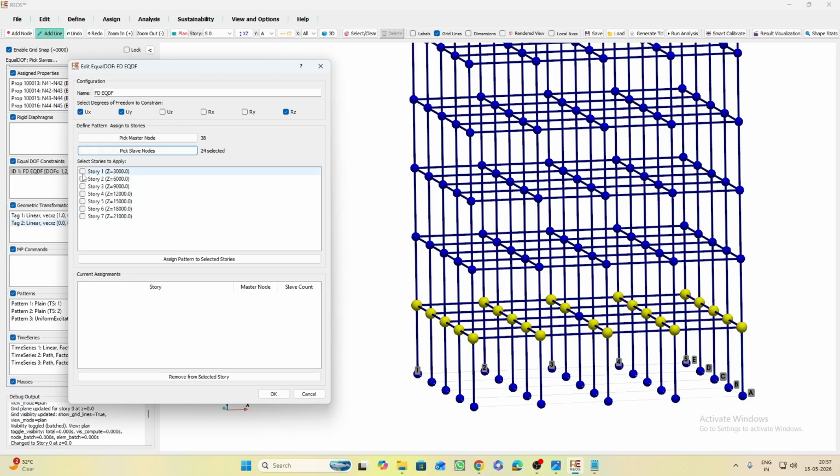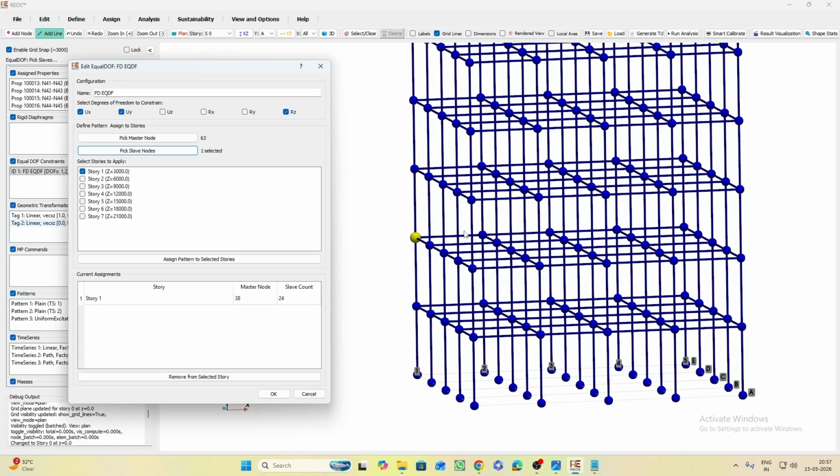And then here you select the story, corresponding story, and assign. Now you can see it has shown, which confirms that the diaphragm has been assigned. Similarly, you can go to the next floor and select the master node again, and now you see the number has changed here. Then again pick slave nodes,